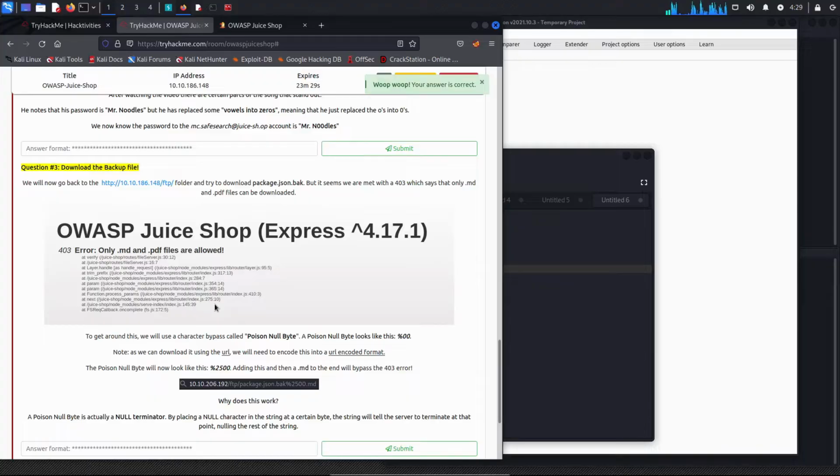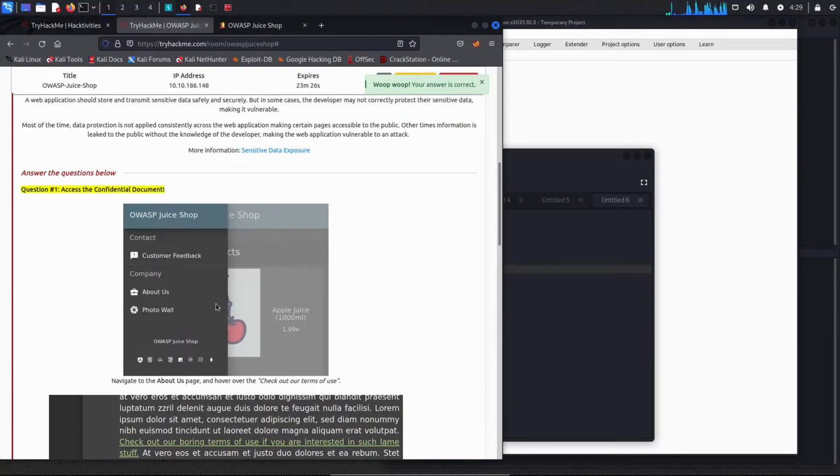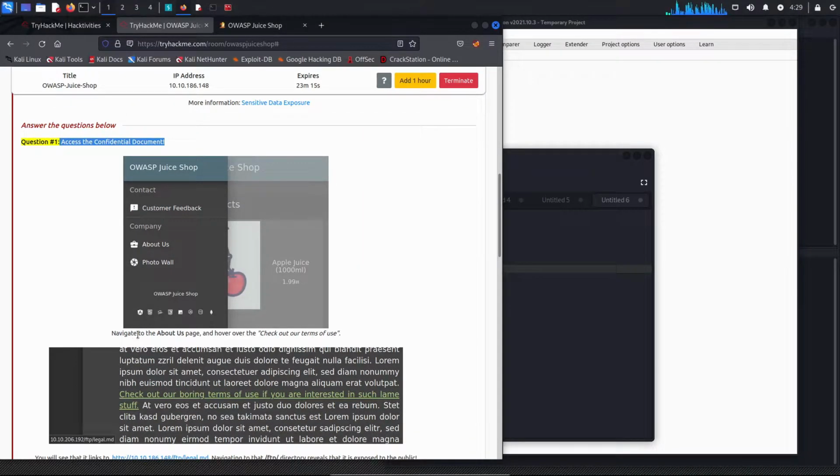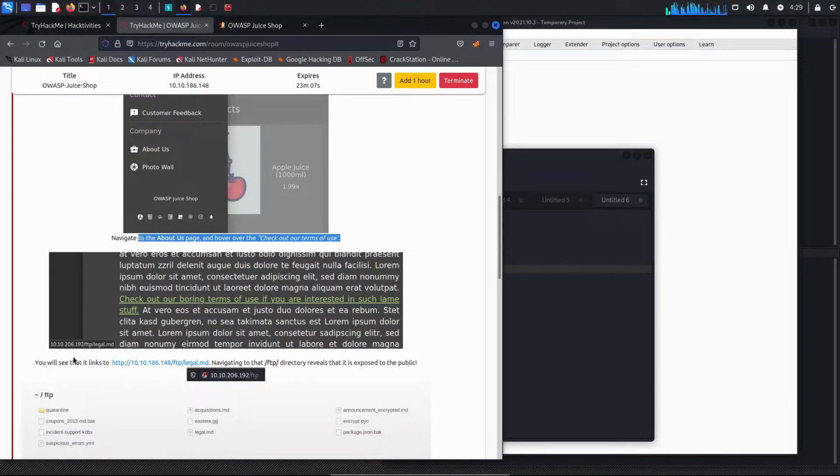So moving on to task 5, and it's about confidential sensitive information. So we want to access the confidential document, and we should navigate to the About Us page and hover the check out terms of use, and you'll see this link, check out boarding terms of use, if you're interested in such lame stuff, and it should direct us to this directory that shouldn't be exposed to the public.